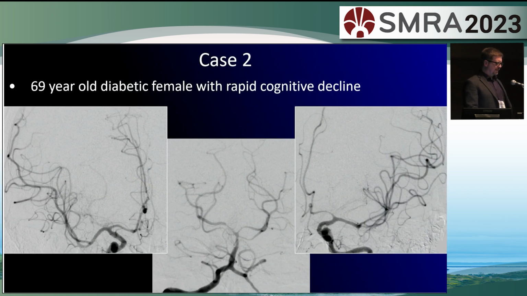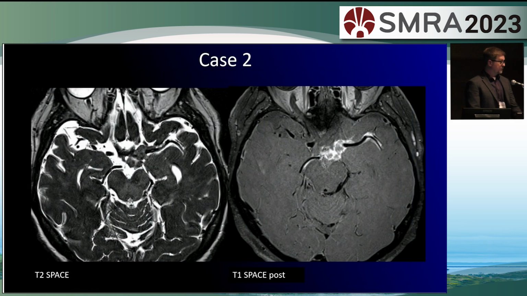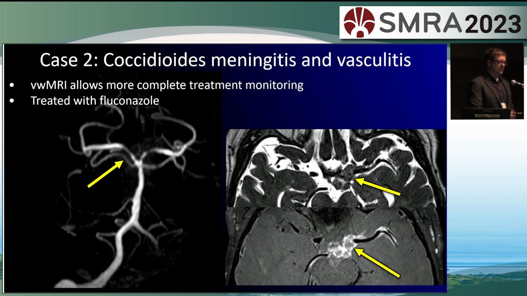This was another problematic case, a diabetic female you'd think would have atherosclerosis, presenting with rapid cognitive decline. Her angiogram showed smooth narrowing in multiple vessels, including the basilar tip and the branches. This patient went on to vessel wall MR. You can see that on the time of flight. But unexpectedly, there was a lot of low T2 signal material on the T2 SPACE that was not picked up on the initial standard MR, and there was also quite a lot of enhancement in the cisterns tracking along the vessels. So this turned out to be a case of coccidioides meningitis,